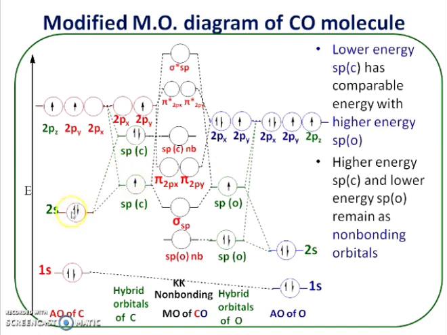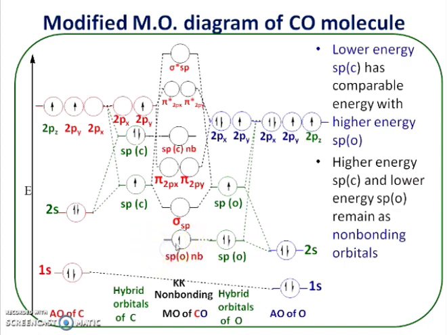Similarly, in case of carbon, the lowest energy sp hybrid orbital of carbon contains 1 electron, the higher energy sp hybrid orbital of carbon contains 2 electrons, and there is 1 electron in the 2py unhybridized orbital. So altogether 4 plus 6, that is 10 electrons are there, and which are filled in the non-bonding, bonding and anti-bonding molecular orbitals. So the lowest energy molecular orbital is the non-bonding orbital.